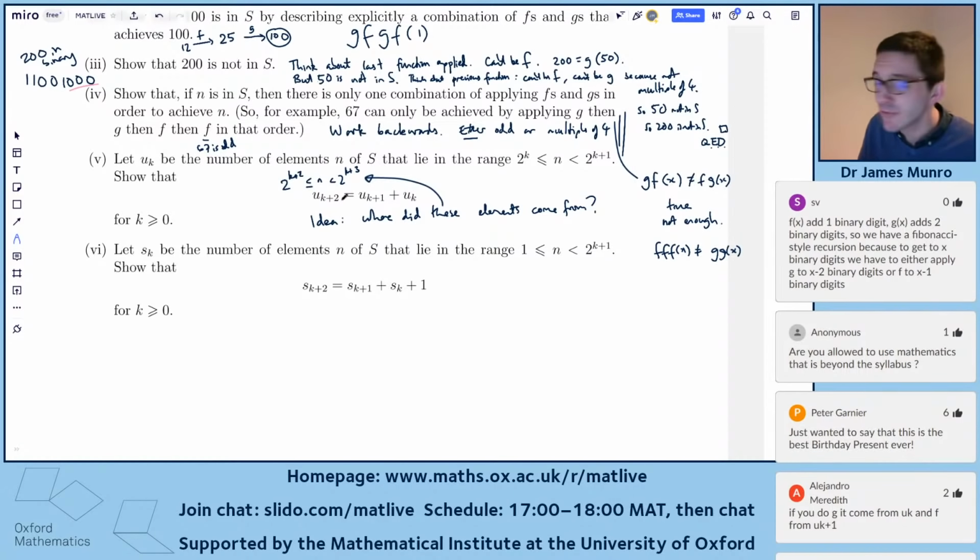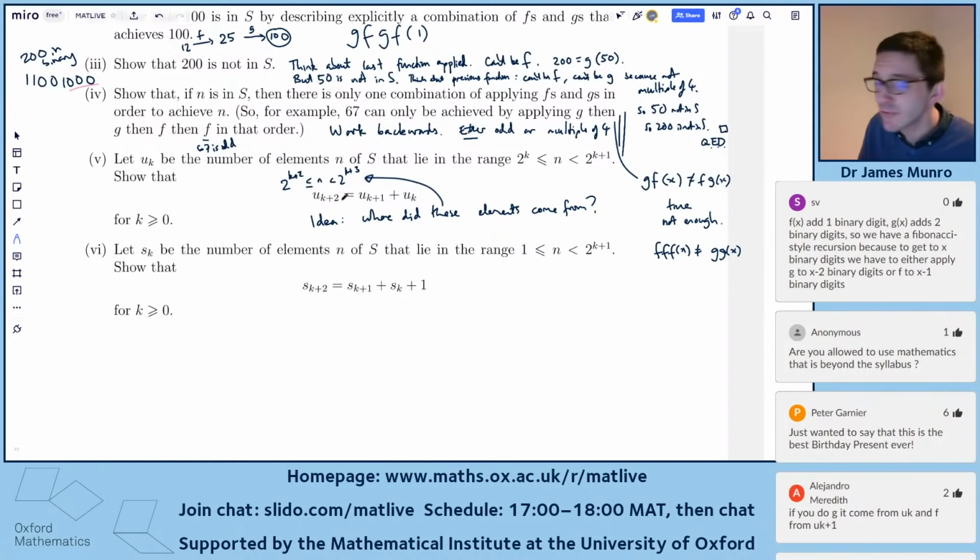So I've kind of brushed the details under the carpet there, but I want to tell you the idea for part 6 as well. Whether we can get the technical details to work is, I think, less interesting for a live show, but let's talk about the idea. So SK is the number of elements, this is basically the same sentence, that lie in the range, but now the range is different. The idea here is that SK is made up of all the elements in lots of different ranges. The UK ones were restricted to be between powers of 2,